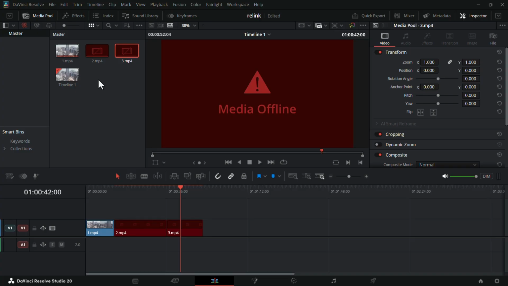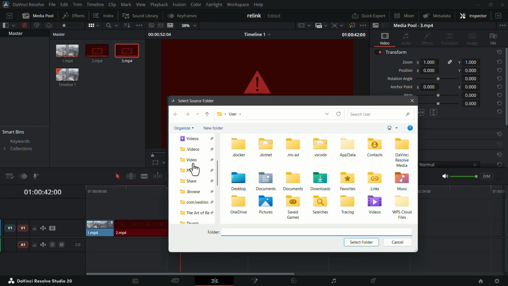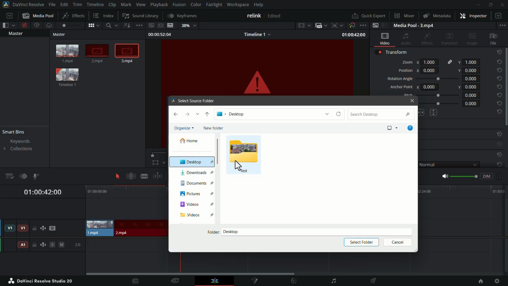To relink your file, simply click on this icon over here and in the window select Locate. You can then go to the folder where you moved your files or where your renamed files are located. Now, if I click on Select Folder, it will relink my files, but what if I don't remember where my